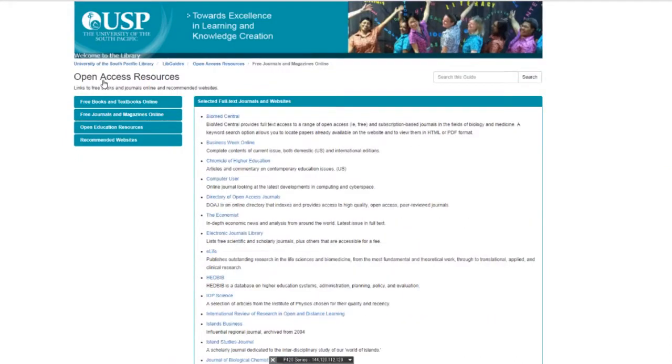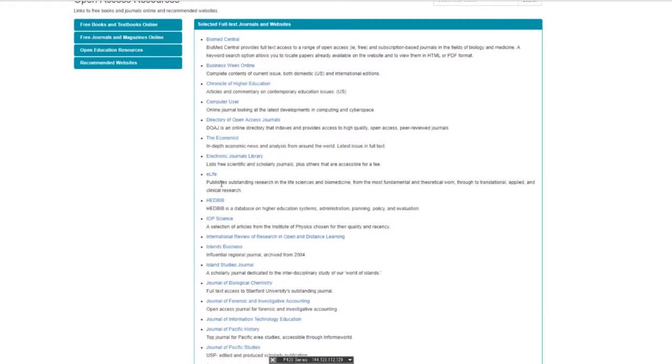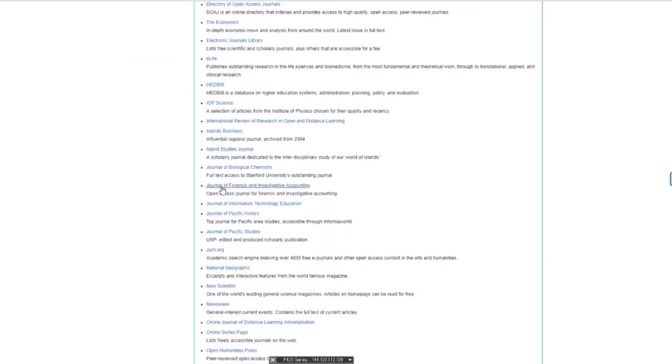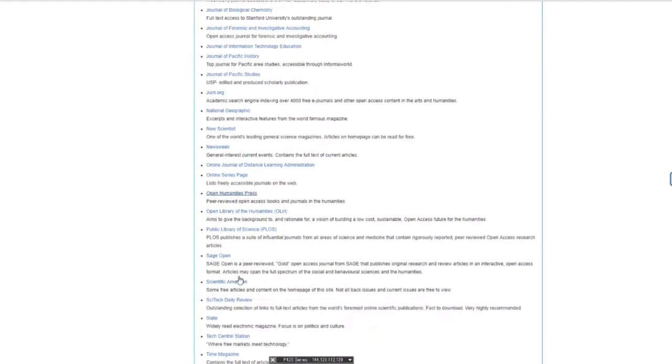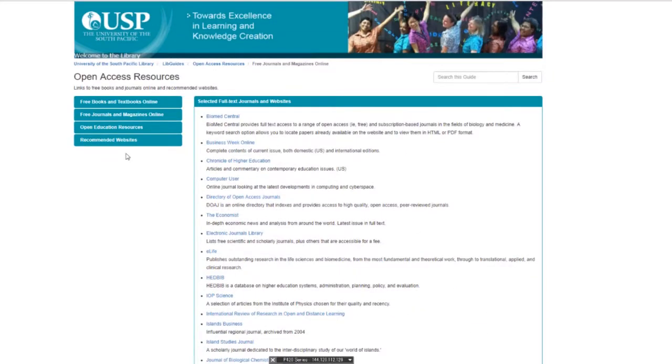Okay, so free journals and magazines, DOAJ. You'll find a lot of research there. Computer user if you're IT. eLife for the life sciences. Education if you deal with Journal of Information Technology. But there are a lot of open access journals, so I suggest taking a look at the DOAJ. But these are good resources, and Jamie has separated them by books and textbooks and journals and magazines and general